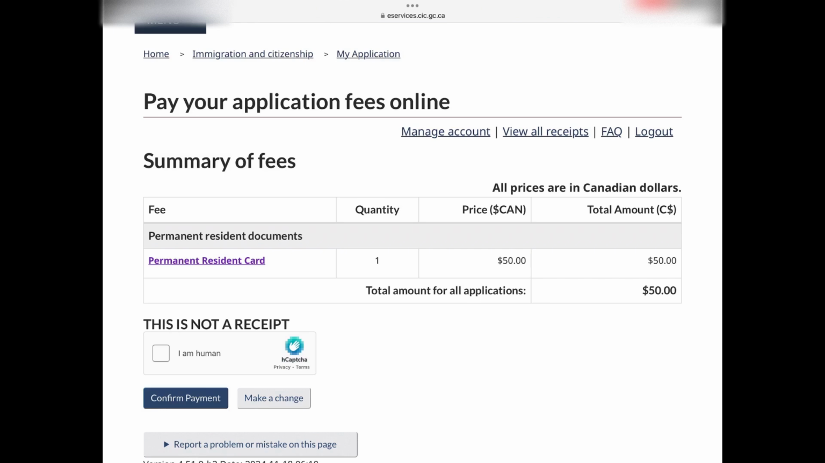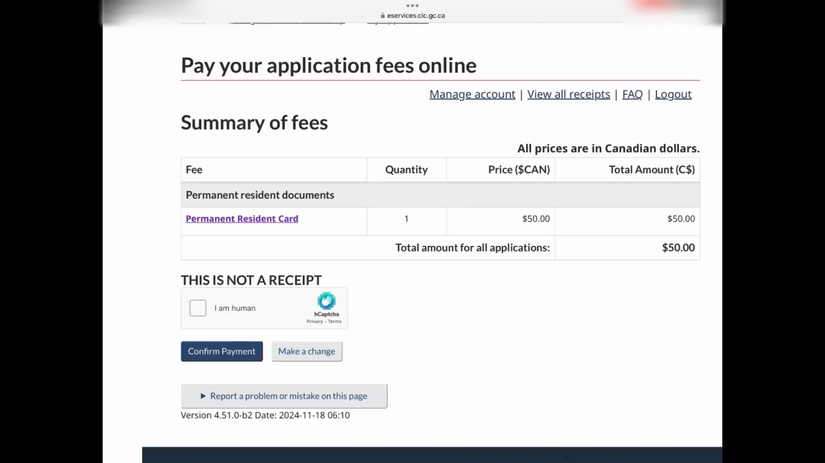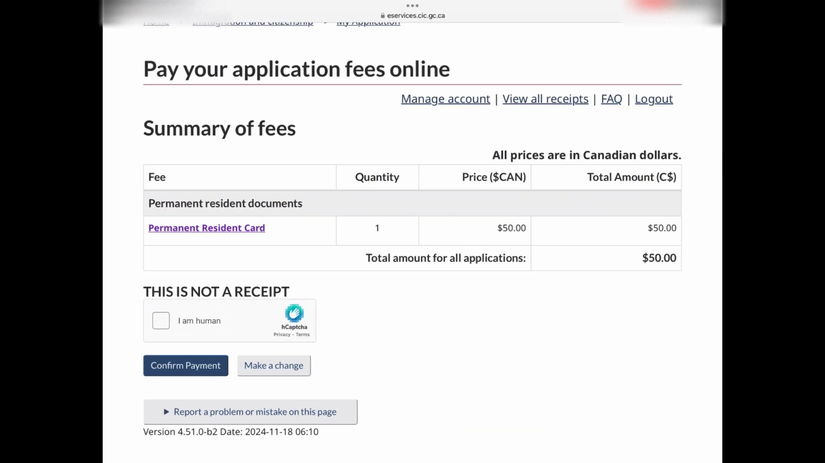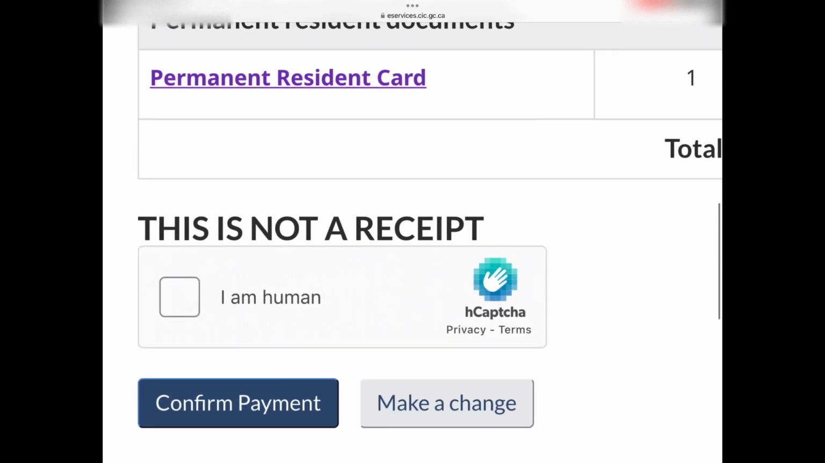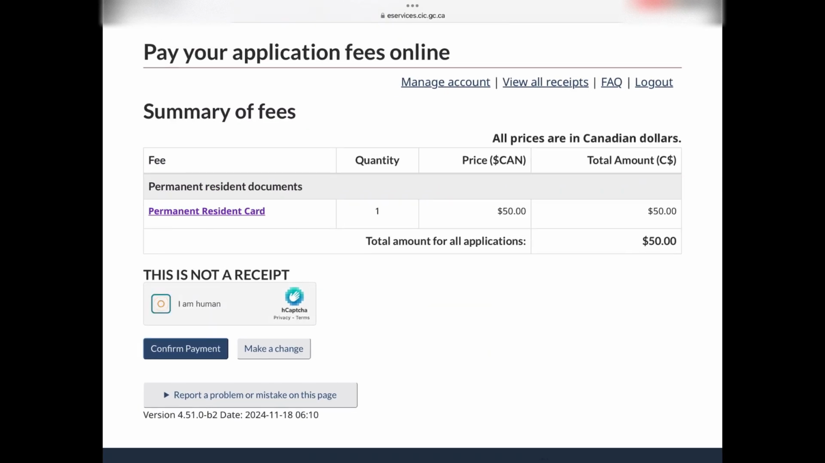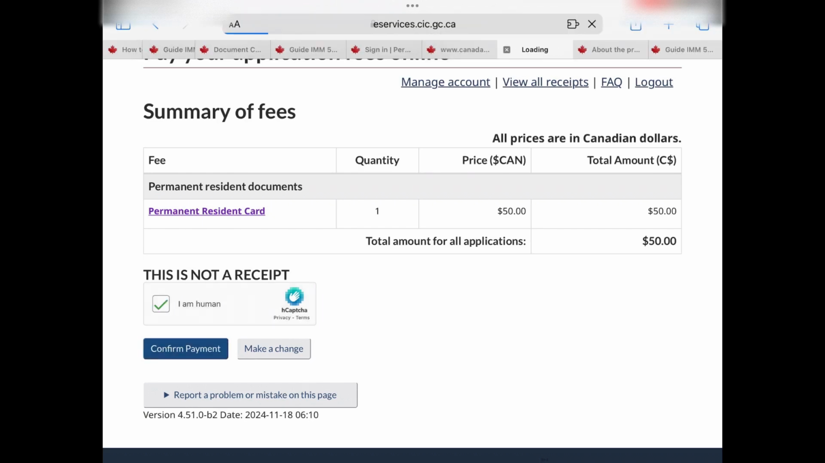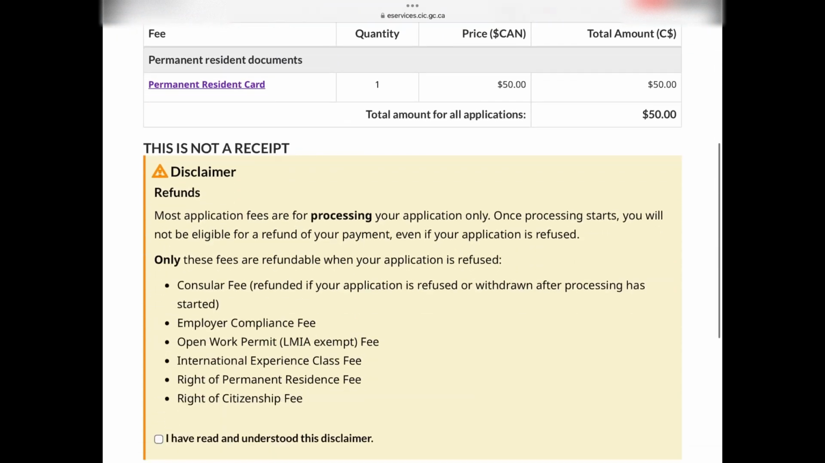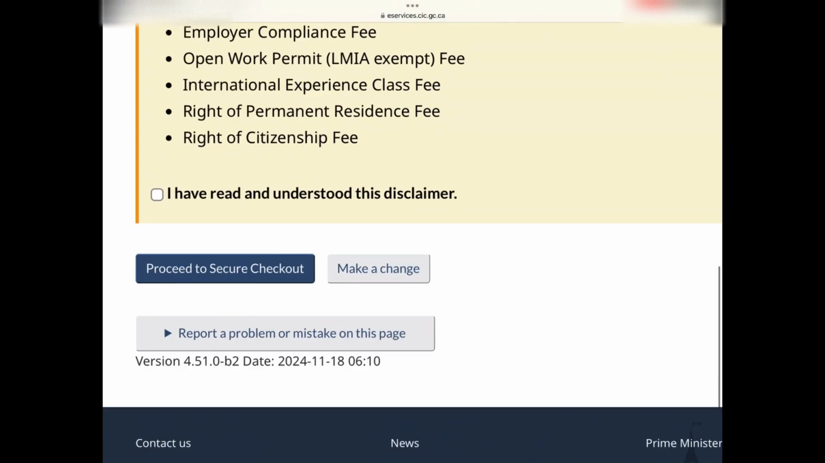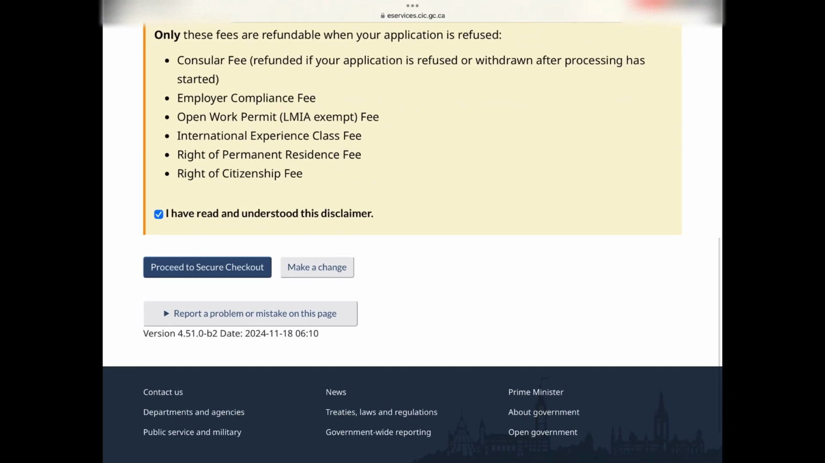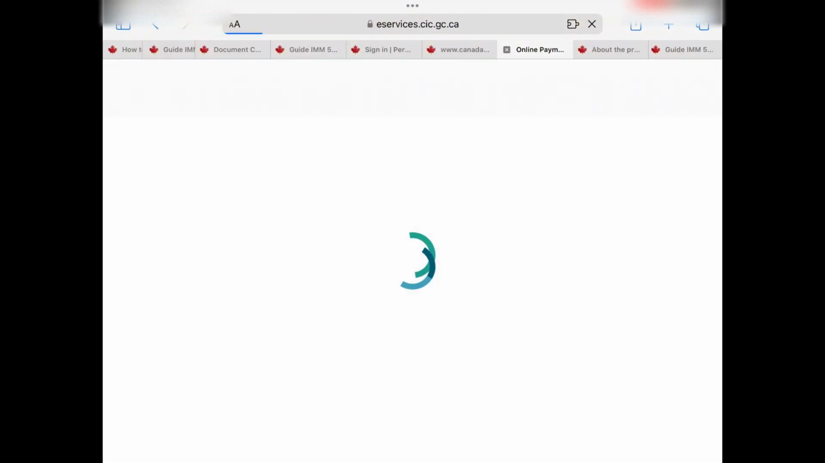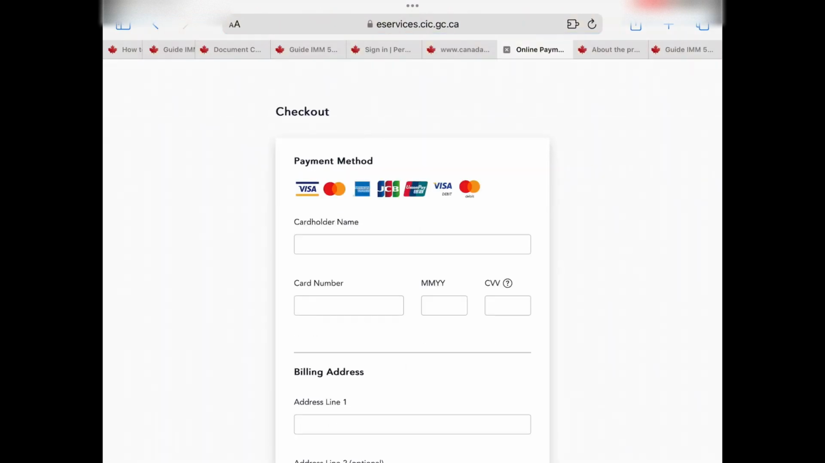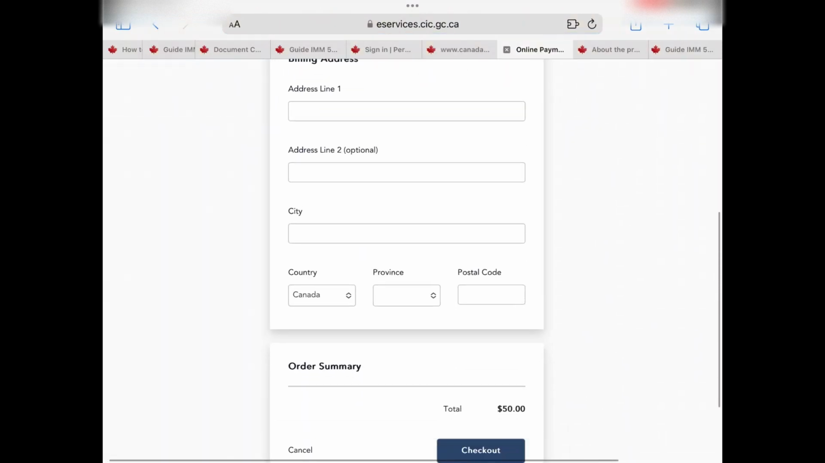And now you can just go ahead and confirm the payment right here. You got to first go ahead and check this box right here next to I'm a human, and then after you check the box right next to I'm a human, you want to go ahead and click on confirm payment, and then you want to scroll down. You want to go ahead and check this box right here. Then you want to go ahead and click on proceed to secure checkout,